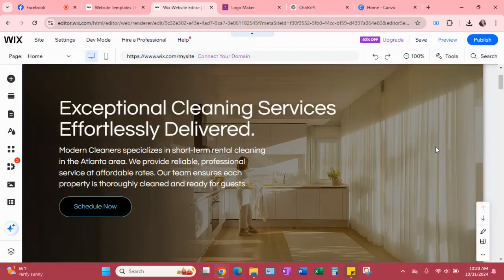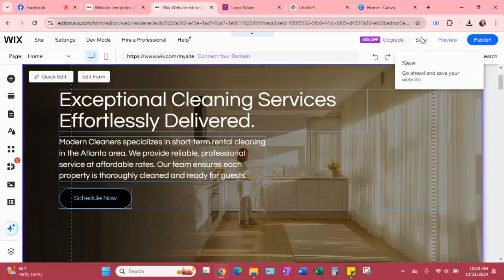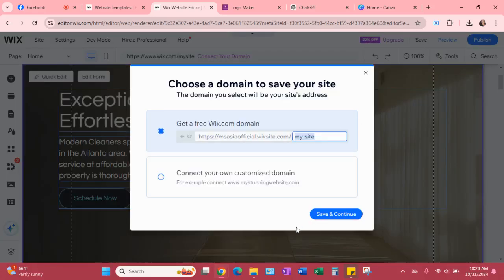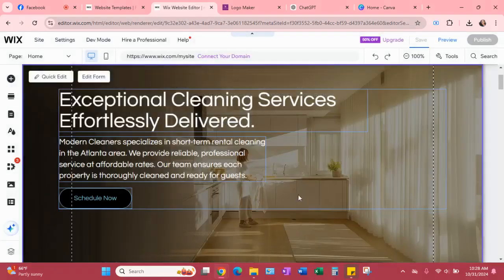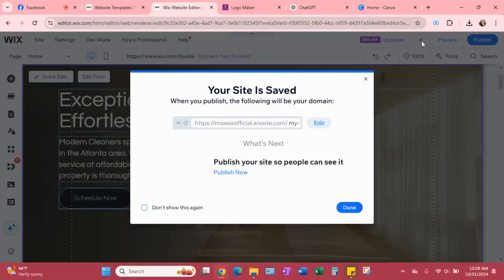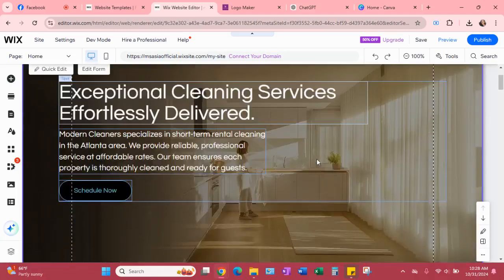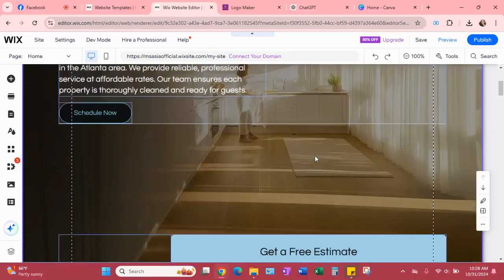Now, also too, I recommend you guys every now and then go up here and click save, just so you don't lose your work. Wix usually will automatically save it every so many times, but just to be on the safe side, I recommend you go over here and hit save. Because I've had times where I've done all this work and it didn't save it. So I was just like, oh my gosh, are you freaking kidding me? Okay, so